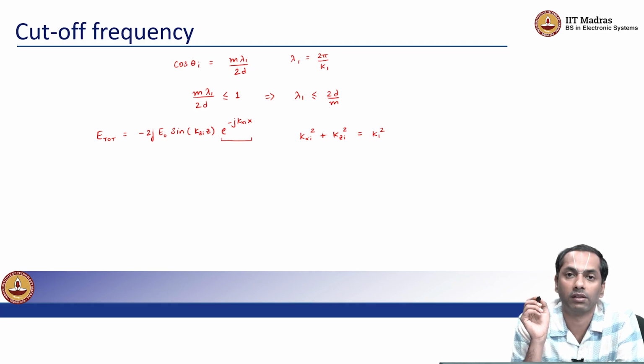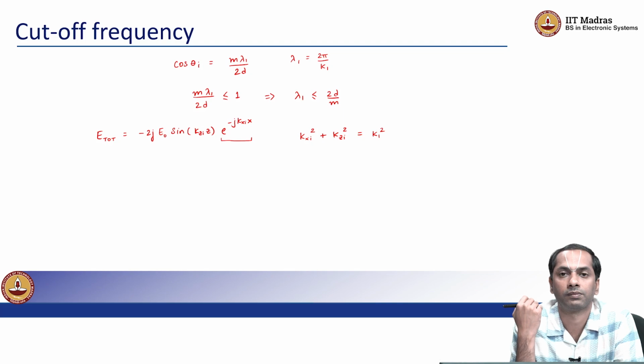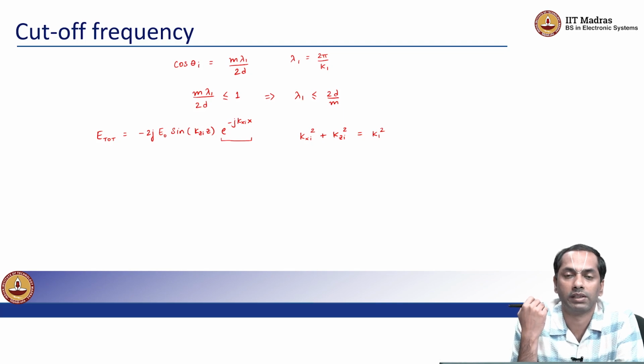right. If cos theta were to exceed 1, remember that kxi would become complex, just like in our total internal reflection case, right. And if kxi were to become purely imaginary, then we would see that the electric field is actually attenuating in the direction of propagation, right. So, this is what we say, that the waveguide does not quite allow all wavelengths or all frequencies to go through, right, starting from the parallel plate waveguide itself,